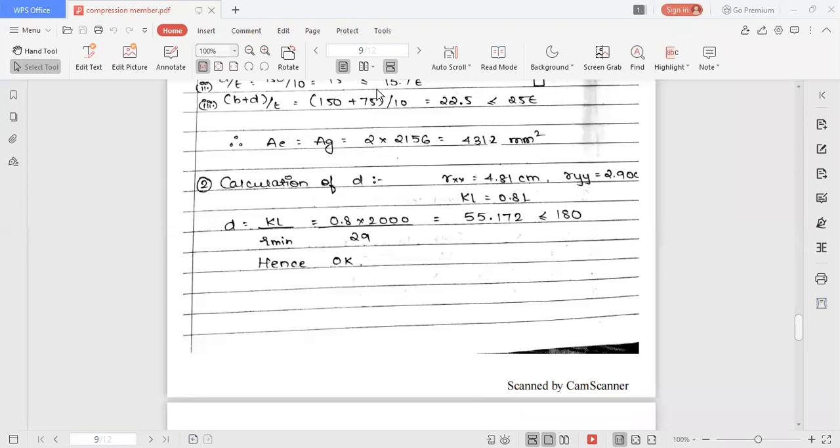Yes, in last lecture Neha had asked me about KL. So value of KL की जगह पे आपको क्या substitute करना है? 0.8L. Every time instead of KL you have to substitute 0.8L. So whatever the value of L effective is given in the question, you have to take that value. And suppose if it is not given in the question, you have to take the value of L as 2.5. So L की value कितनी लोगे? 2000, as it is given in the question, that is 2 meter. So convert it in mm, so it is 2000. So आपको slenderness की value मिलती है 55.172, that is less than 180. So your design is here okay.